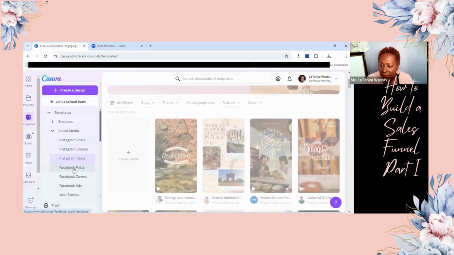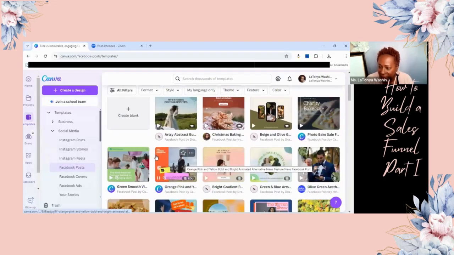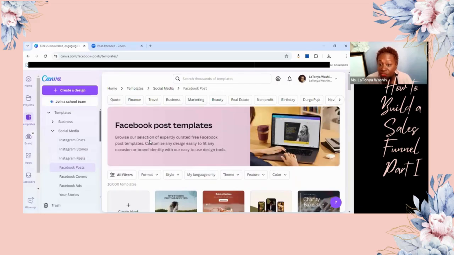Facebook post, anything that I want to create, you all, is inside of Canva. I just need to know, what am I trying to create? Once again, what I love about this is that it provides you with the right size. Now, wonderful. It's all wonderful, but you still want to make sure that it looks good. And you want to begin to also utilize your own brand colors. All right. So let me go here real quick